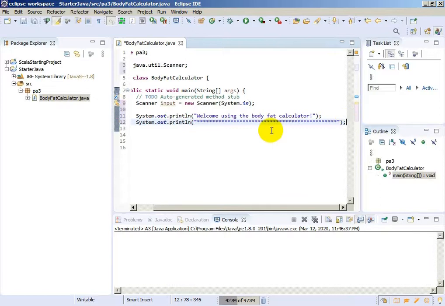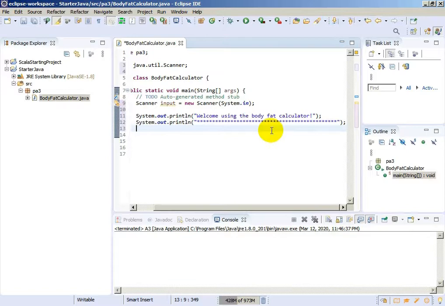We will just have these ones because whatever option we have, we will have this option. Welcome using the body fat calculator, which is okay, and we will have these stars. And now we will need to input